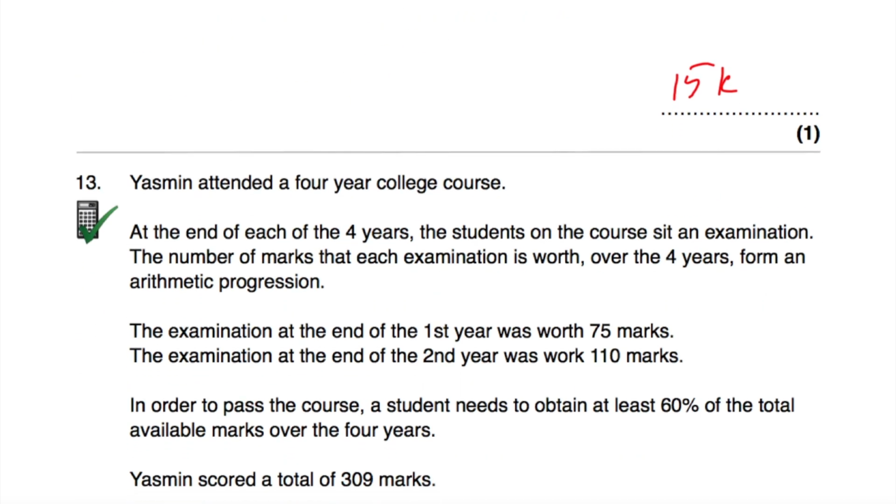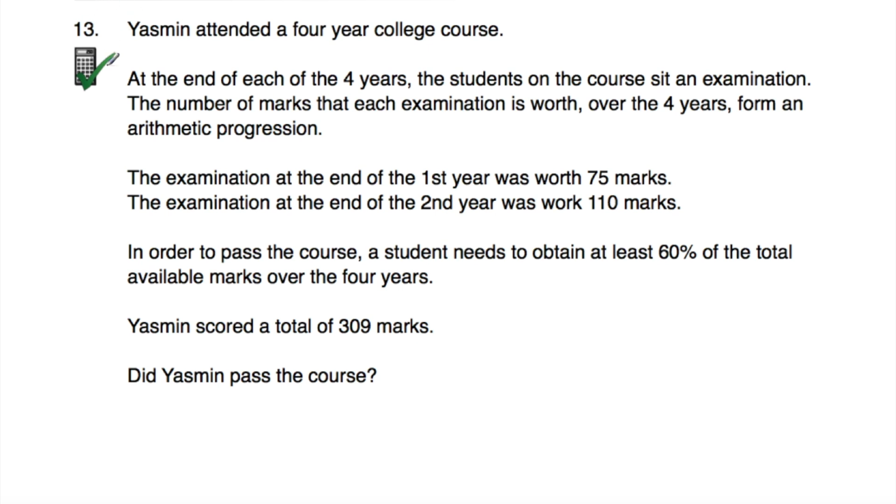Okay, question number 13. Yasmin attended a 4-year college course, and at the end of each of the 4 years, students on the course sit an examination. And the number of marks that examination is worth over the 4 years form an arithmetic progression. So that means that the number of marks that examination is worth at the end of each year is going to be getting bigger by the same amount each time, or smaller,